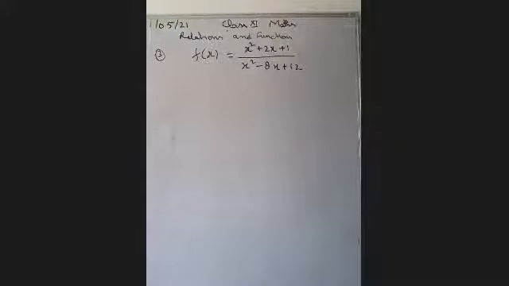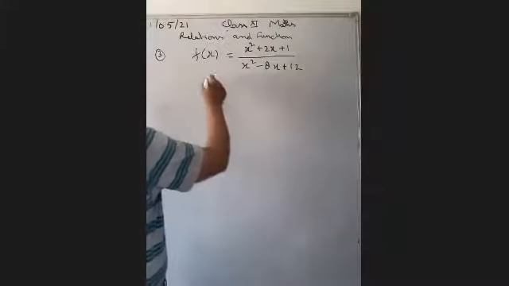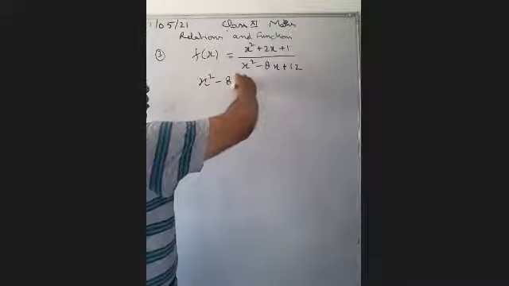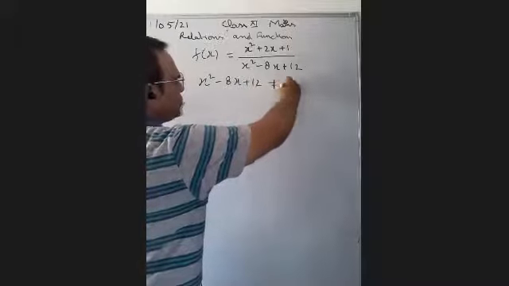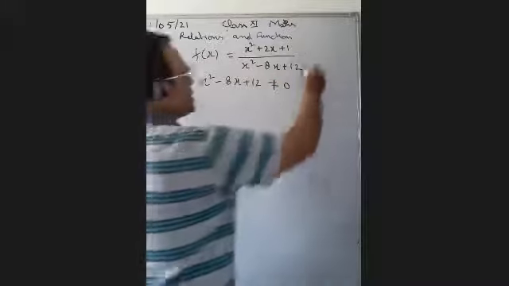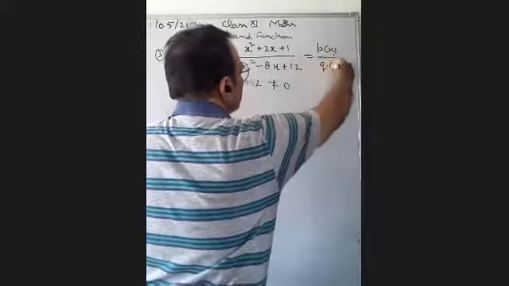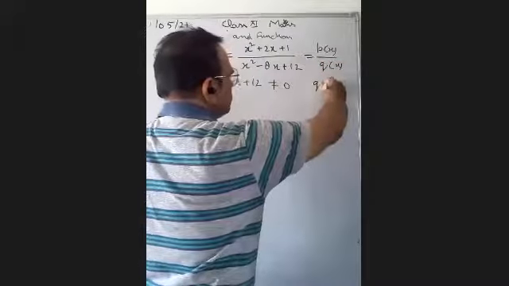We have to find the value of domain only. So yesterday I told you, do you remember, we have to take care of two things. In the square root, we should not have a negative value, and the denominator should not be equal to 0. So we are taking care that x² - 8x + 12 should not be equal to 0. Any algebraic expression can be defined only if it is in the form p(x) upon q(x), where q(x) should not be equal to 0.